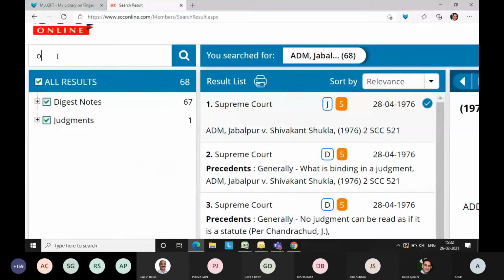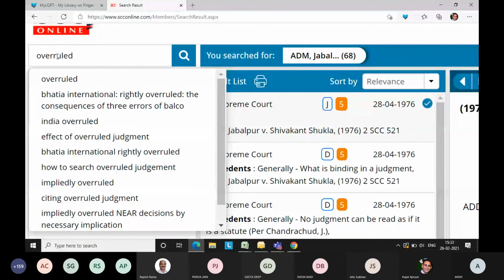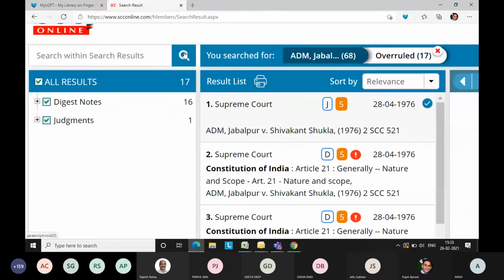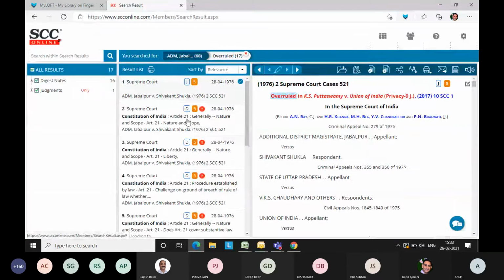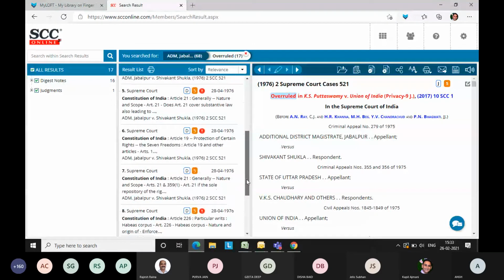Now this way, all the overruled law points will be pulled out and put together in the result list for you. So this way you will have a glance. At a glance, you can see all of the overruled law points at one place. In this case, it's showing roughly around 17. Of course, the first one is the judgment, so there's no red circle over there. And the rest you can see, most of them are clubbed together at one place.